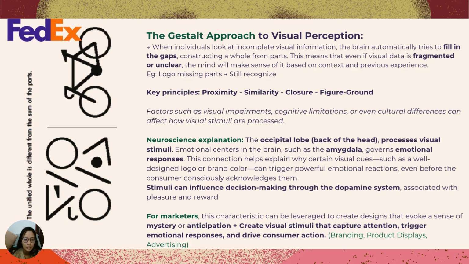And the second characteristic is similarity. Items that share visual characteristics such as colors or shapes are perceived as similar or related. This principle is widely used in branding, where consistent color schemes or design elements help reinforce the brand identity. And the next one is closure. This is the tendency of the brain to complete incomplete shapes. It is commonly used in logo design and advertising to create memorable and instantly recognizable images that require minimal detail for